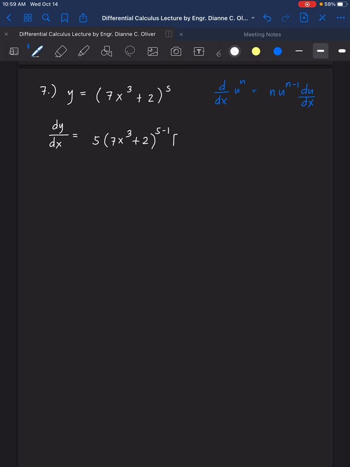Then derive the base, whatever is inside the parenthesis. So that is 7, bring down 3, x to the 3 minus 1, plus the derivative of the constant 2, that is 0. Okay, so that is equal to